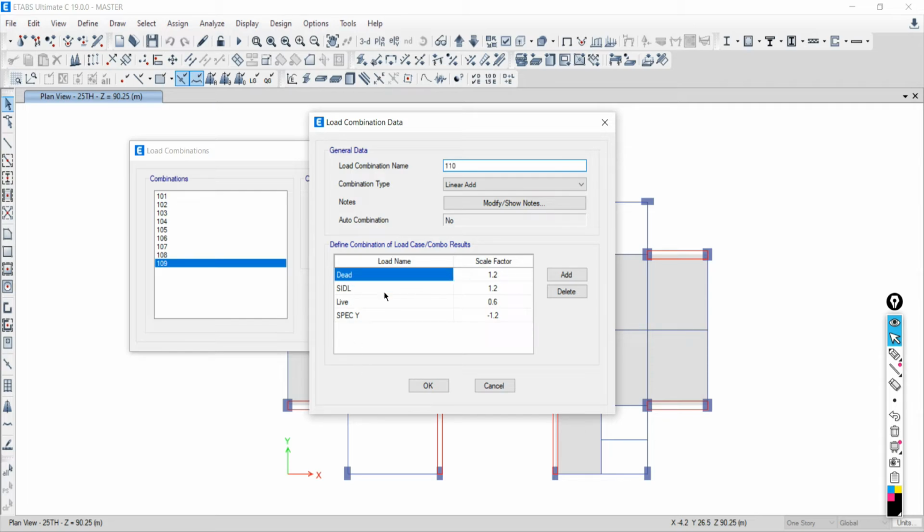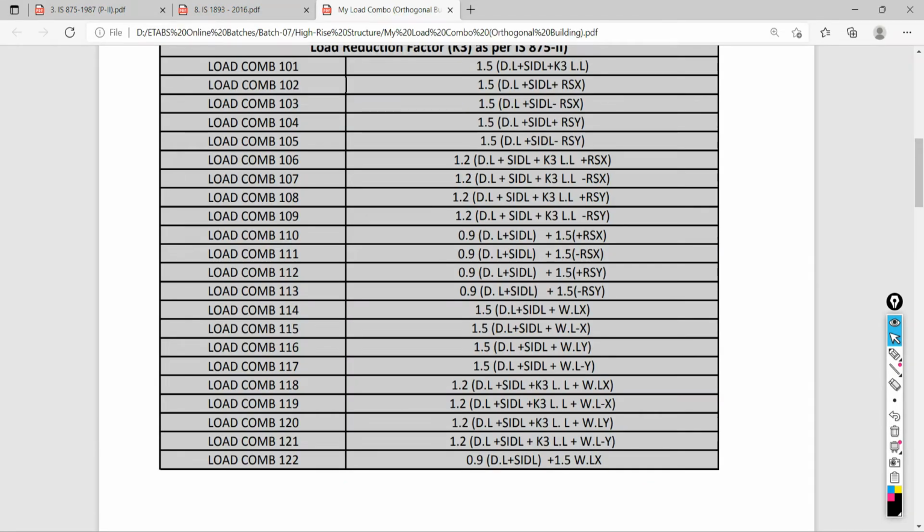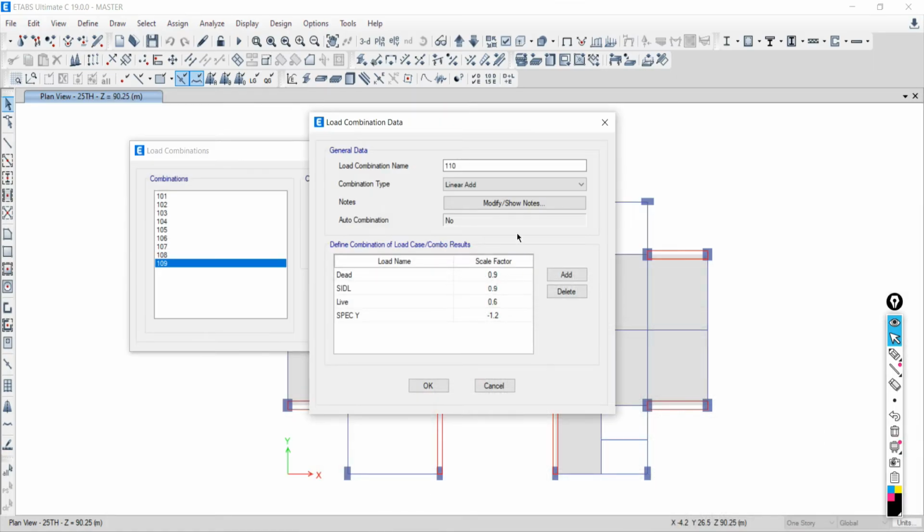Dead load is 0.9, SIDL 0.9, and live load is not there, so delete this one.